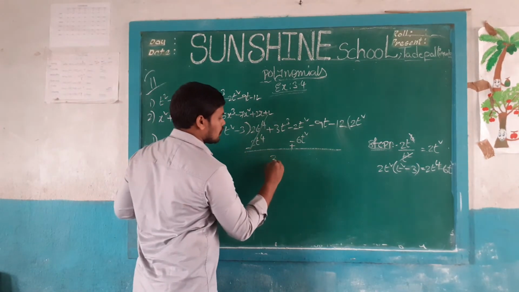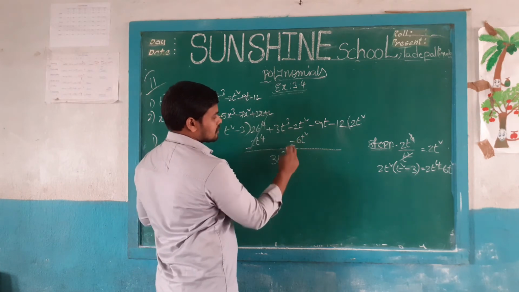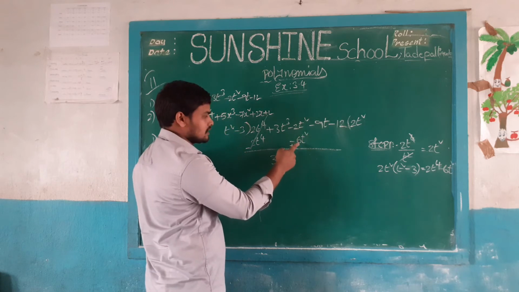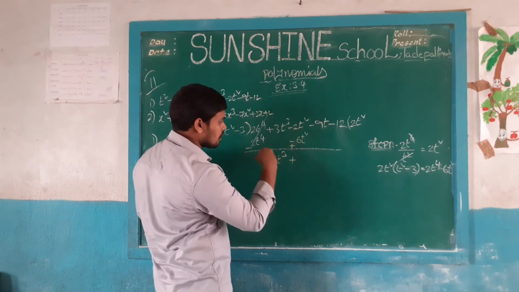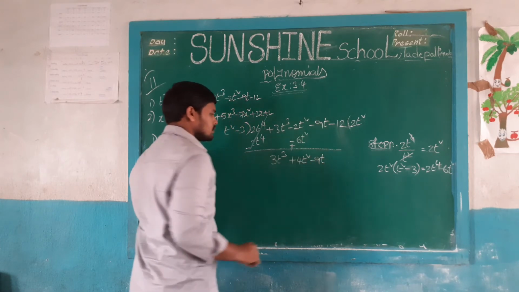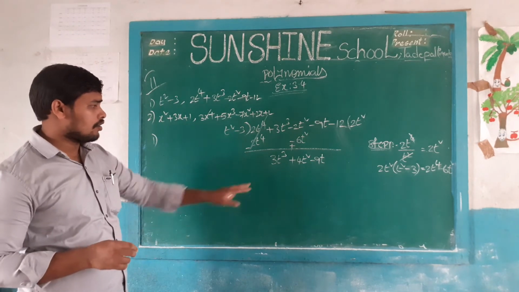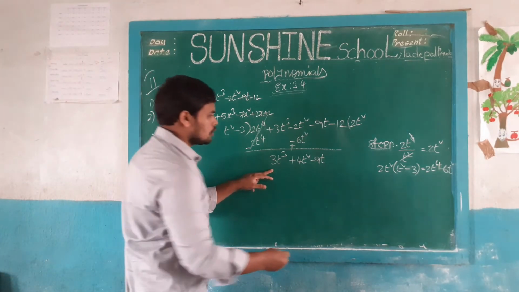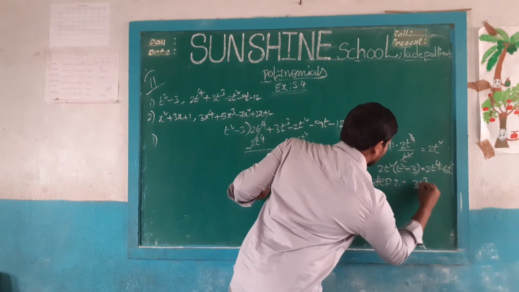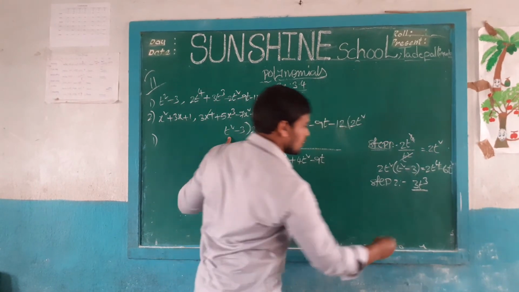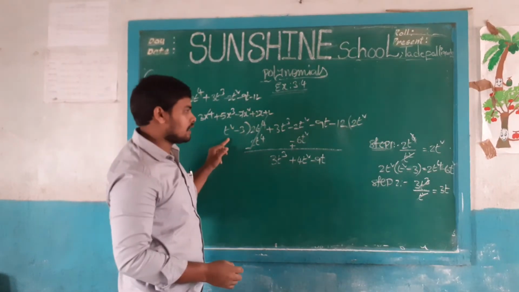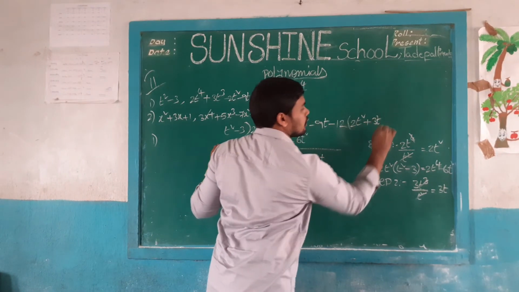So write down the 3t cube. Plus minus plus minus. So plus, which is the largest one? 6. 6 sign is positive, so write down the 6 here. 4t square. Write down the value minus 90. Okay, next, what is the first term here? 3t cube. Step 2. 3t cube by g of x value, t square cancels, that is equal to 3t. Write down the 3t here.